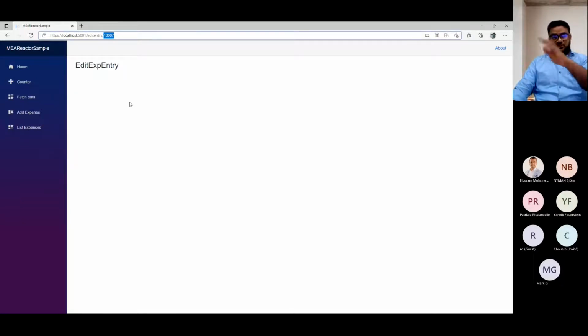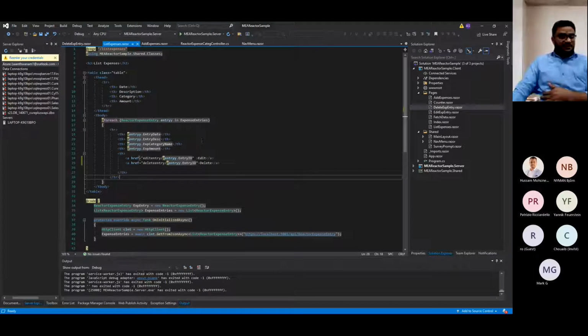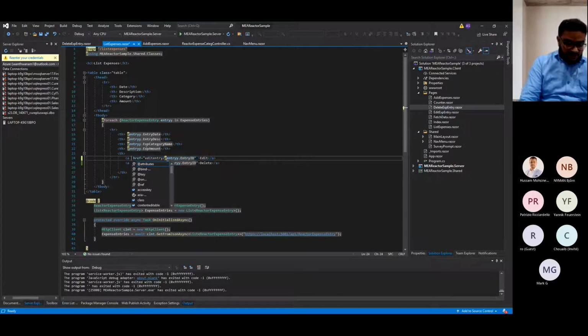So we are reaching the edit page or delete page with the ID as a parameter. So we can just get that ID and get that object, and either edit it or delete it. Then we are done. Before that, instead of that normal link, let's put this one in